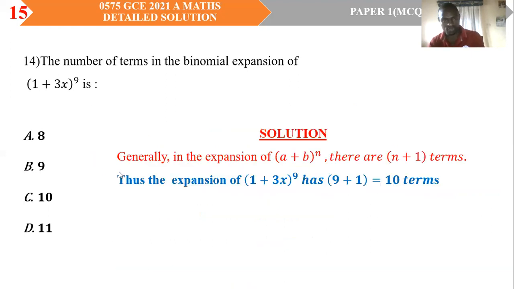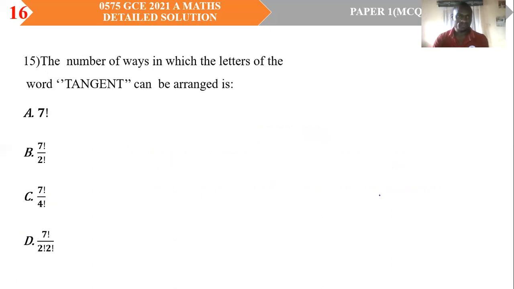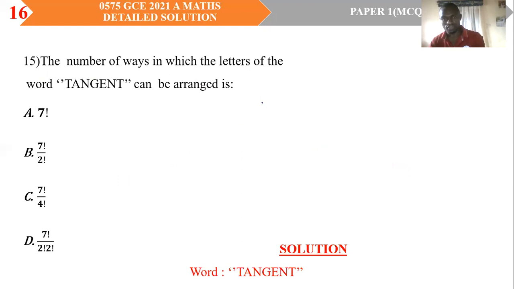So coming back to the number of terms in the expansion of (1 plus 3x) to the power 9, the number of terms will simply be 9 plus 1, which is 10 terms. Question 15. The number of ways in which the letters of the word tangent can be arranged is